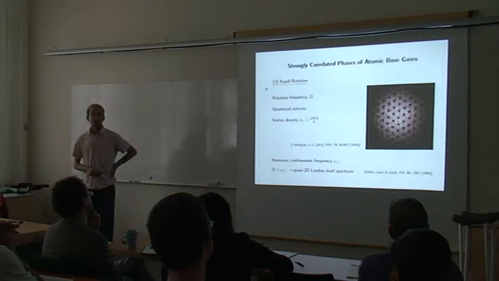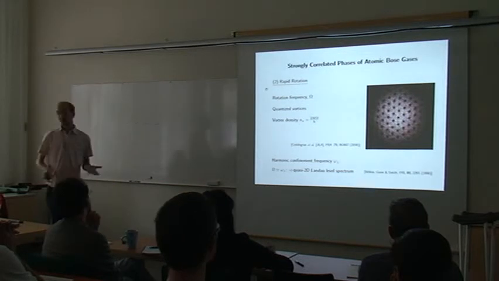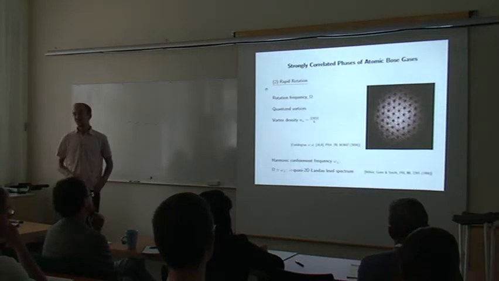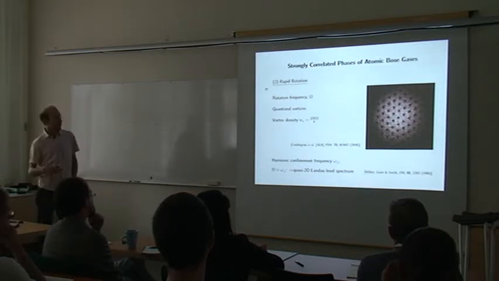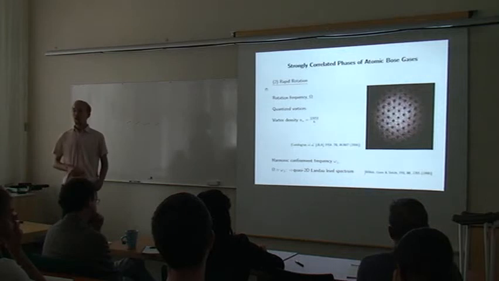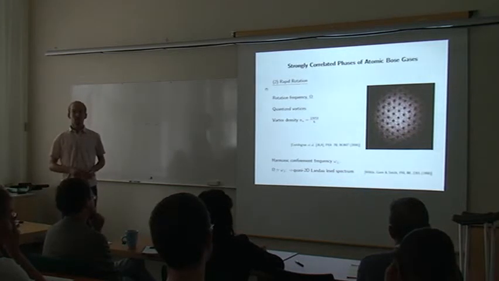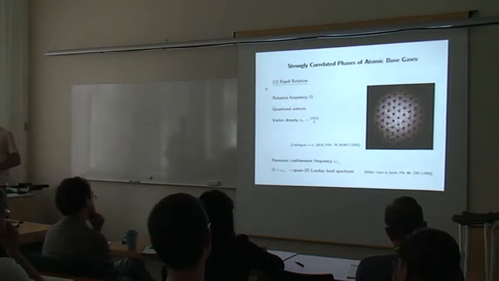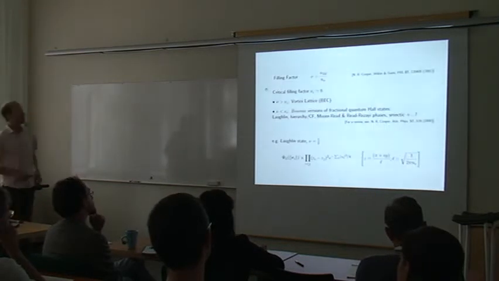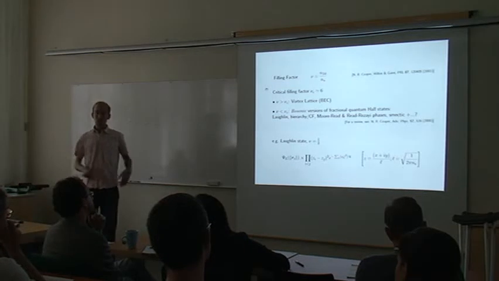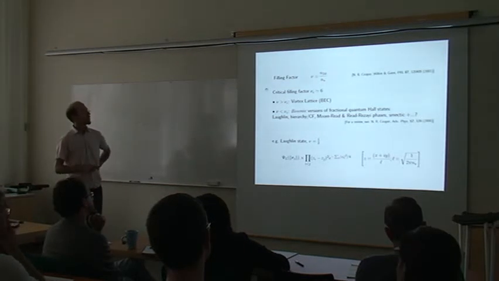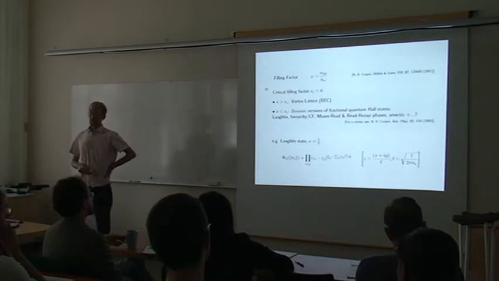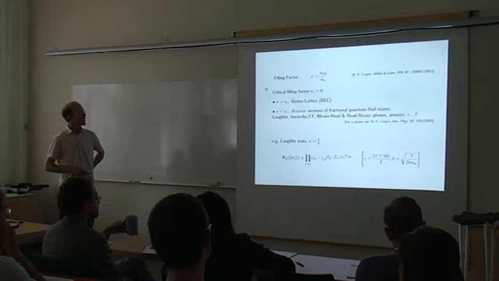And so the regime we're interested in is where the vortex density becomes very high. So we look at filling factors, which is the ratio of the particle density to vortex density, and we want that to be rather small to get to a regime where we see quantum Hall states. Now that's difficult experimentally. But anyway, we think that below filling factors of about 6, these quantum Hall states start to appear, and